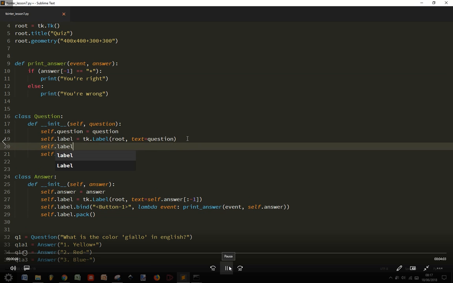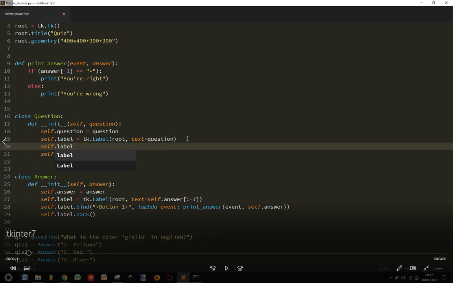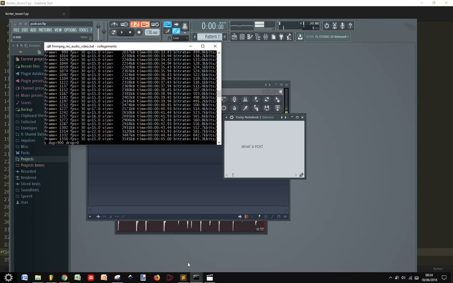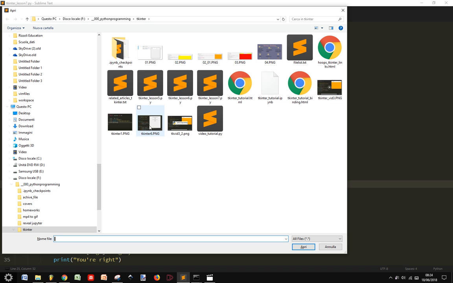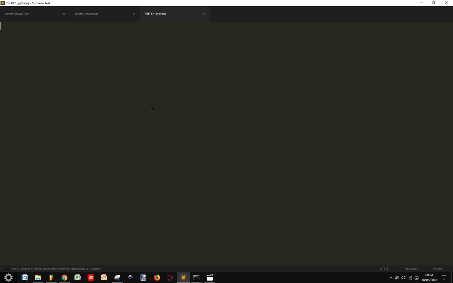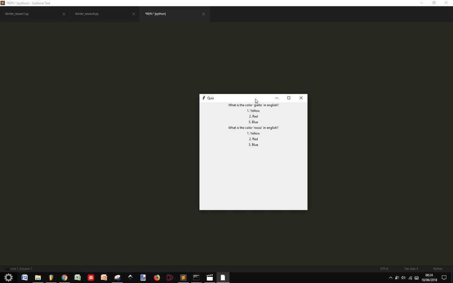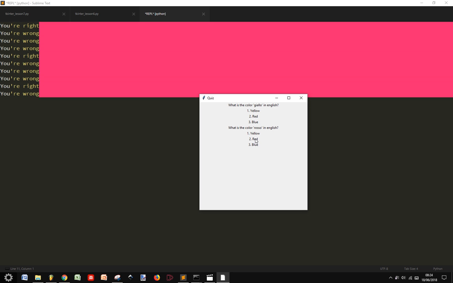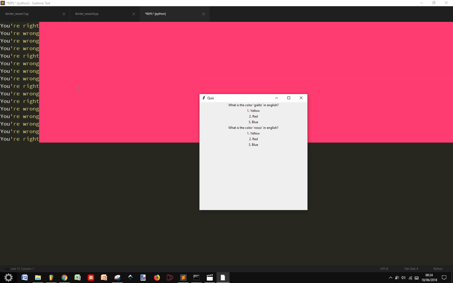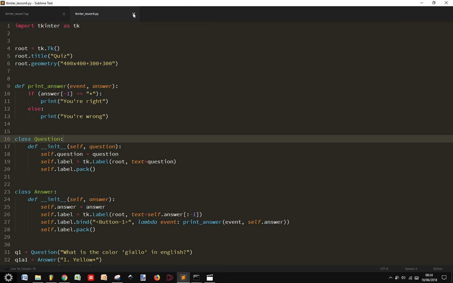because as you've seen in the previous video, in lesson number 6, we had this result here, and you see when we clicked on the labels, we could read in the console if it was right or wrong. Now we want to change all that gray and black